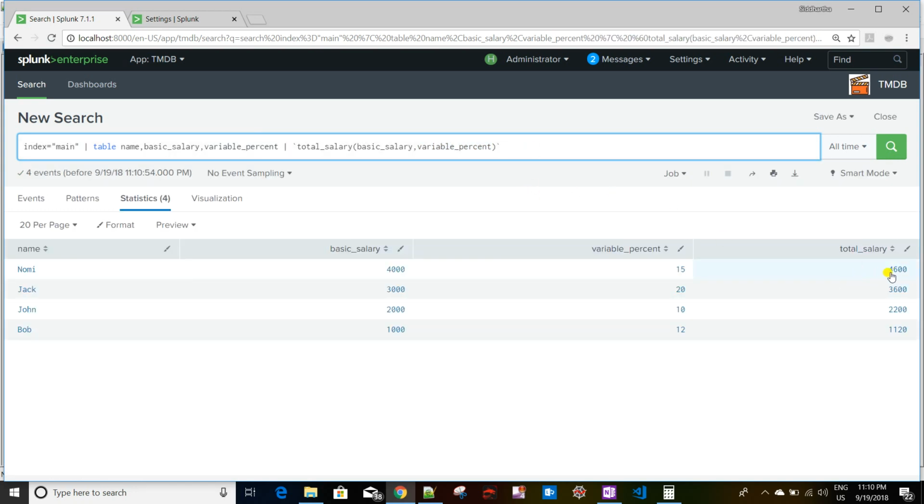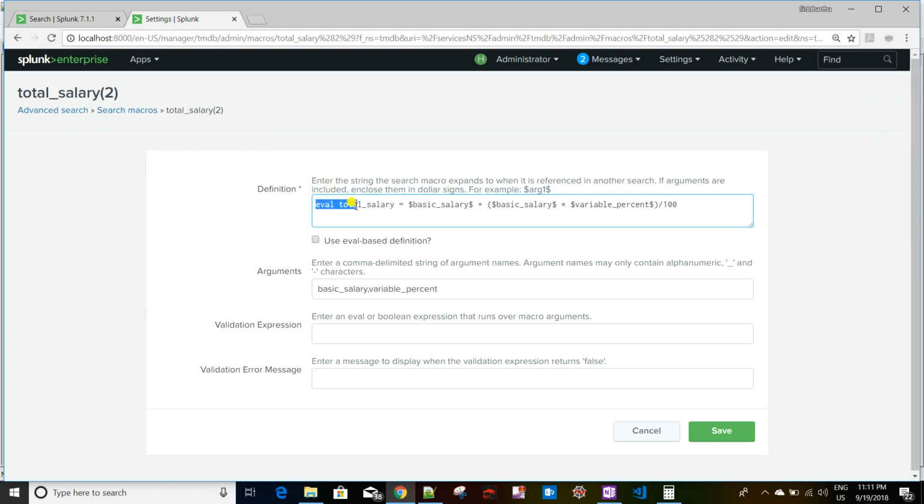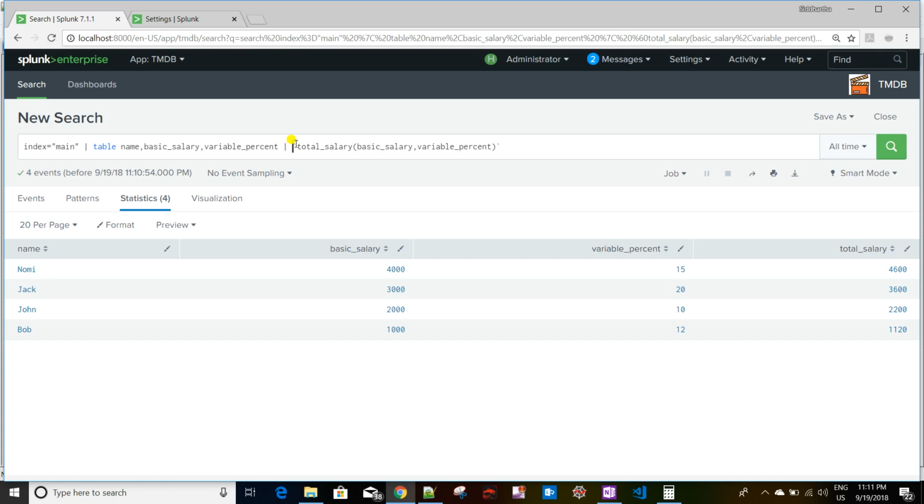If you see, it has created a total salary field with this formula output. 4000 plus 4000 into 15% is 4600, right? So it is basically the same as the runtime. What is happening is something like this. If I, instead of total salary, just gave this one, and instead of this token variable, I just give my field name here, the output will be same,